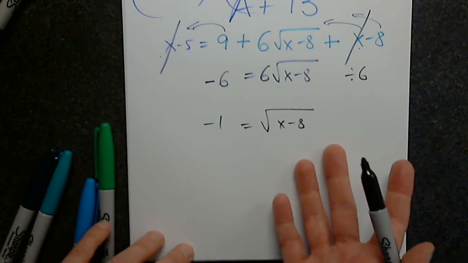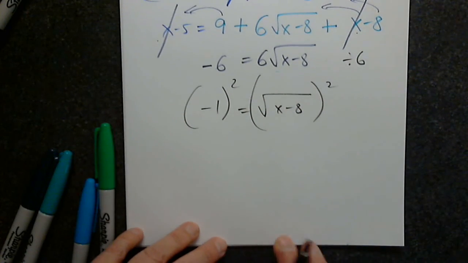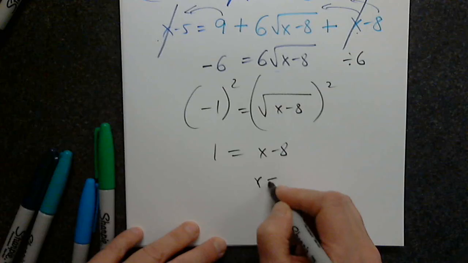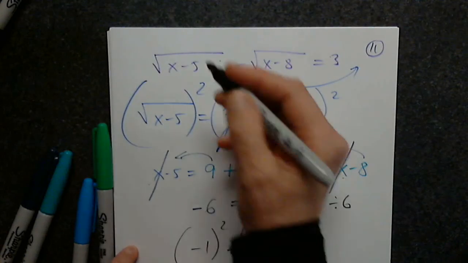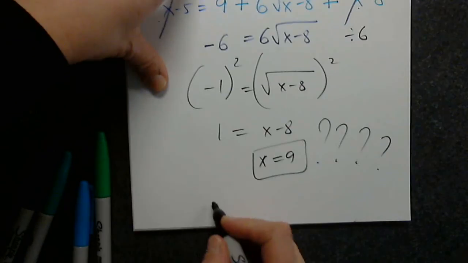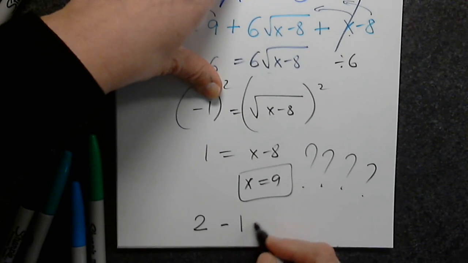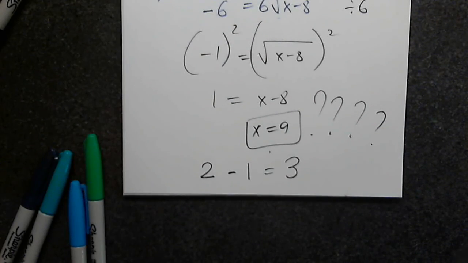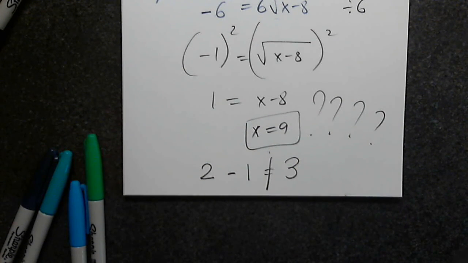And of course, this is impossible. The square root cannot be negative. Let's say I don't notice that and continue to square. And I get 1 equals x minus 8, or x equals 9. But when I go back, it's not going to work. Let's try. 9 minus 5 is 4. The square root of 4 is 2, minus the square root of 9 minus 8, which is 1. The square root of 1 is 1 with minus in front. And this will never ever equal 3. I knew that from here because the square root is always positive. You will not see, I promise, you will not see radical